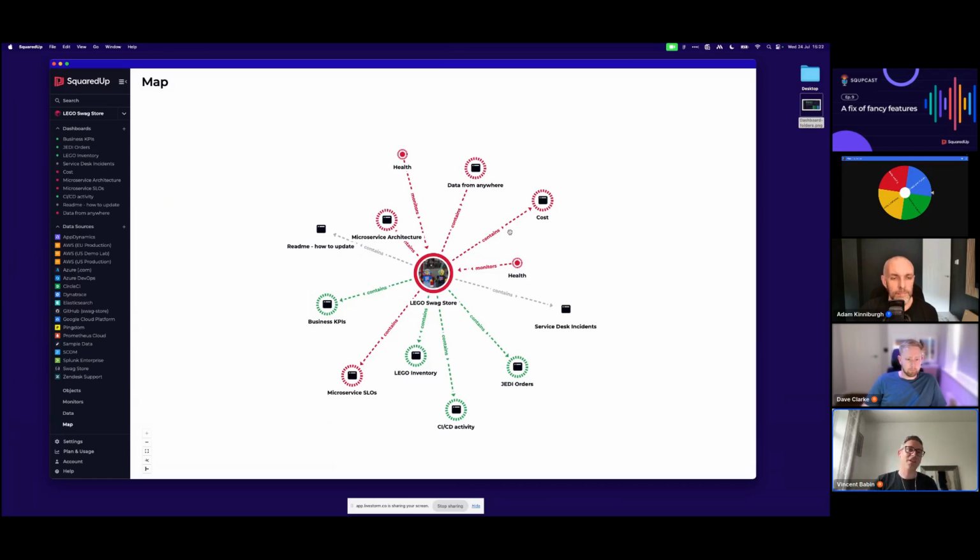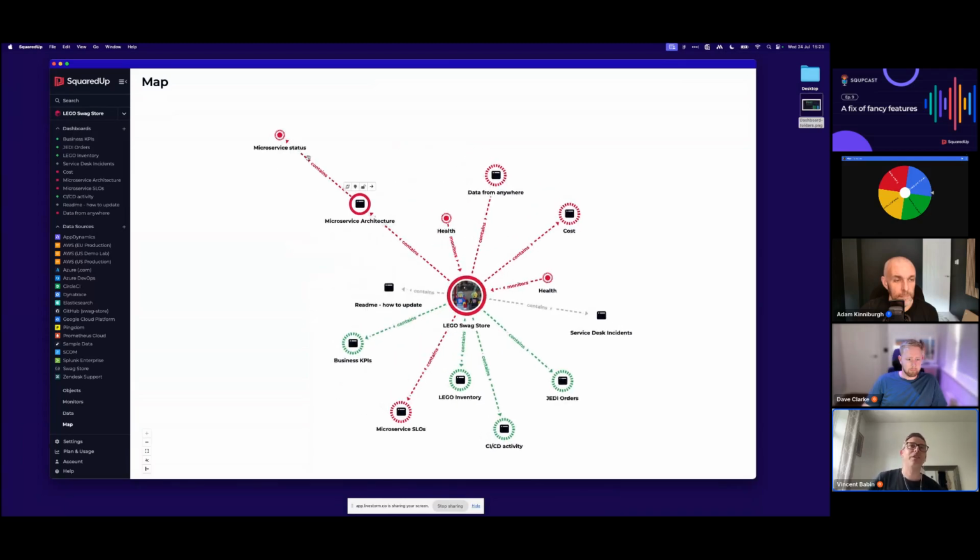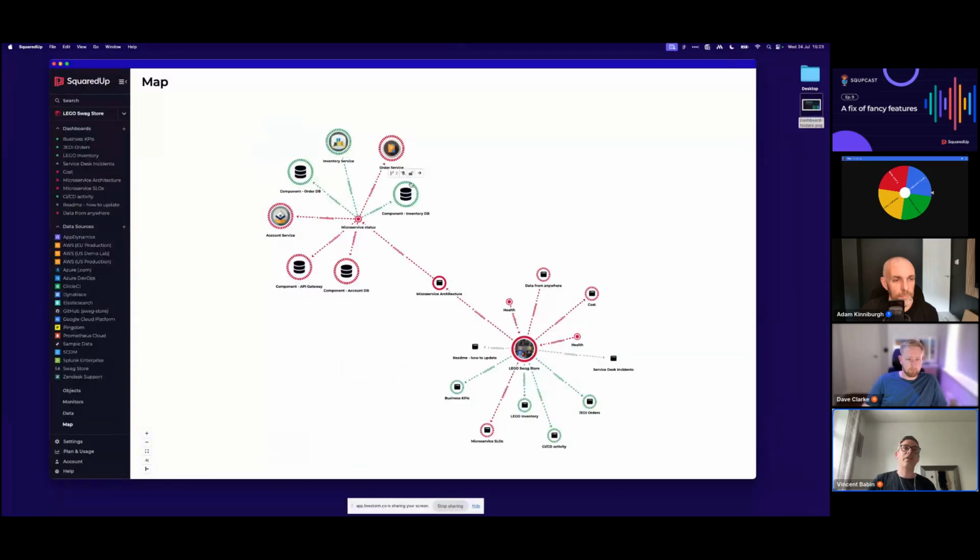is best shown in its own section called map, which basically starts with the workspace, its dashboards, and then if I were to expand, which one was it? The microservice architecture. I will see there is a monitor that monitors the architecture of my microservice, and then that's basically monitoring another set of workspaces. So I've got a connection here between that Lego Swag Store workspace and other workspaces that are relying on or interconnecting. So there's a dependency basically,